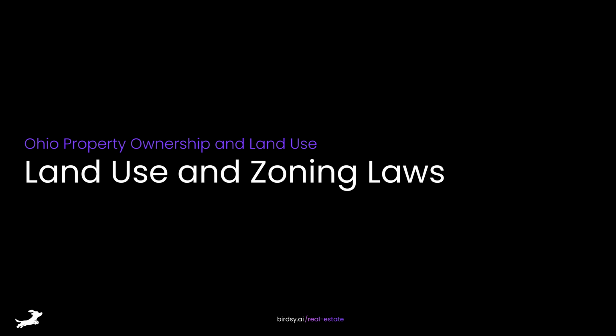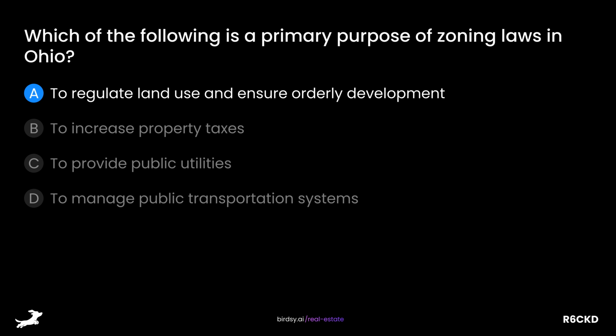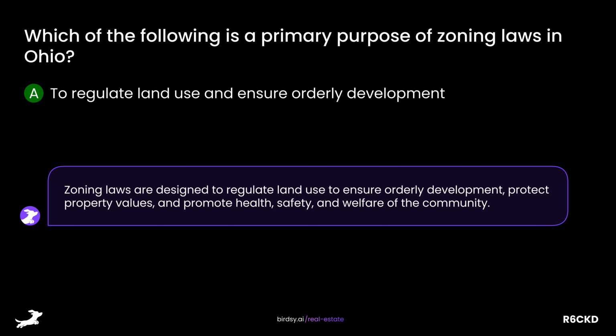Land use and zoning laws. Which of the following is a primary purpose of zoning laws in Ohio? Is it A, to regulate land use and ensure orderly development, B, to increase property taxes, C, to provide public utilities, or D, to manage public transportation systems? The answer is A, to regulate land use and ensure orderly development. Zoning laws are designed to regulate land use to ensure orderly development, protect property values, and promote health, safety, and